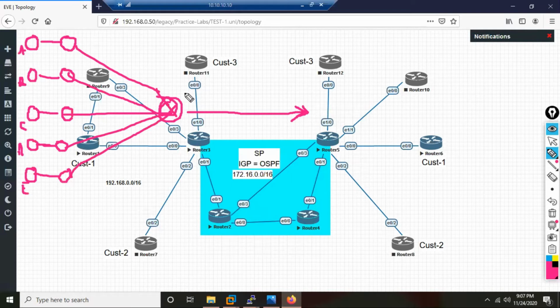So this dedicated PE approach, first of all, is it feasible? Is it practical? You have 100 customers. Just to keep each customer's routes separate, can a service provider deploy 100 routers, one router for every customer? No, practically impossible. It's not economically feasible. The service provider will be in big trouble if they implemented this. So what is the solution now? Let us see.